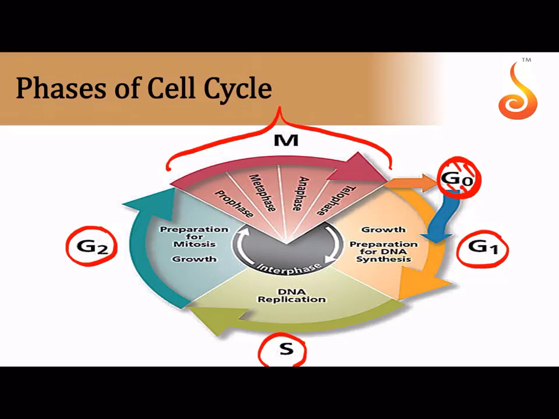Now basically a cell has to prepare itself to divide. All the preparations happen during gap 1 phase, S phase and G2 phase. In gap 1 phase, the cell is metabolically active and grows in size. In S phase, it doubles its DNA and its centriole undergoes duplication in the cytoplasm. DNA undergoes duplication in the nucleus and it prepares for mitosis. It is active again and it synthesizes proteins required for spindle apparatus during the G2 or the gap 2 phase. Our focus is the M phase, prophase, metaphase, anaphase, telophase, especially if we are talking about mitosis.